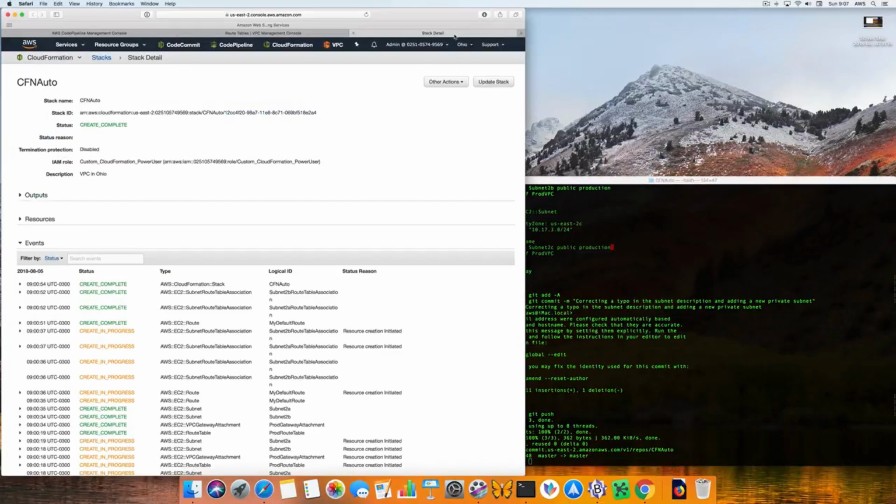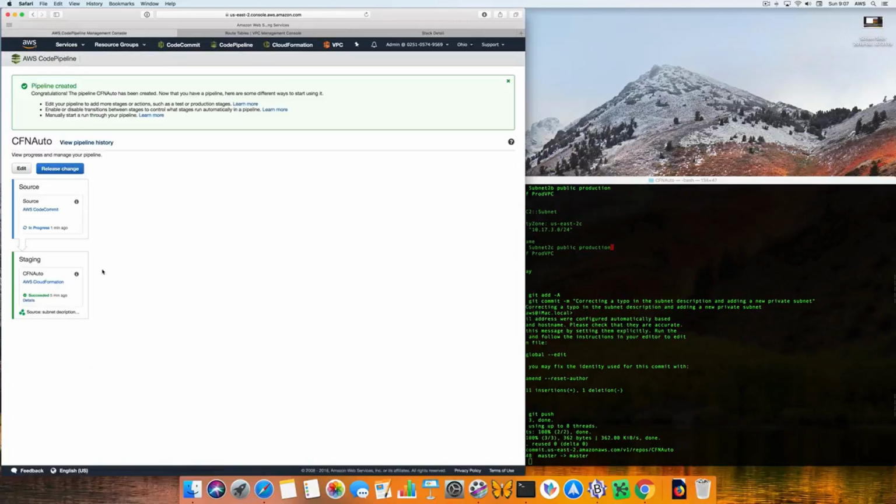In the meantime, I'm going to refresh the CloudFormation screen. There's no change until it moves into the second stage. Okay, so we had about 1 minute